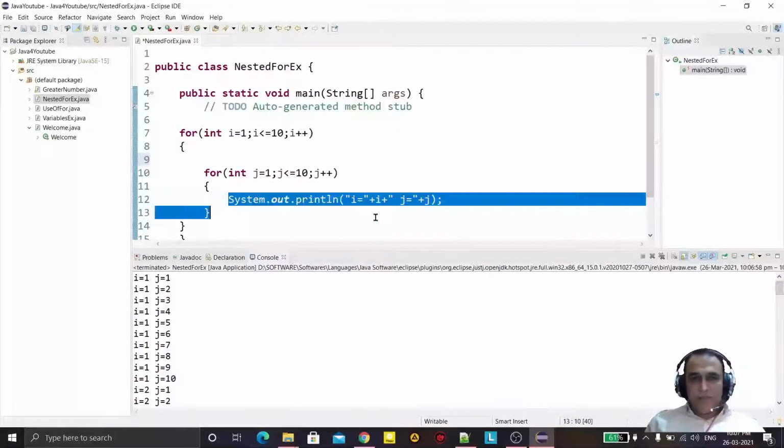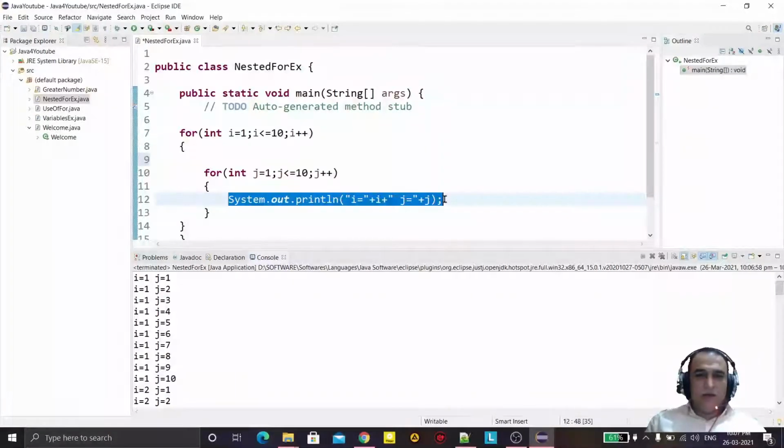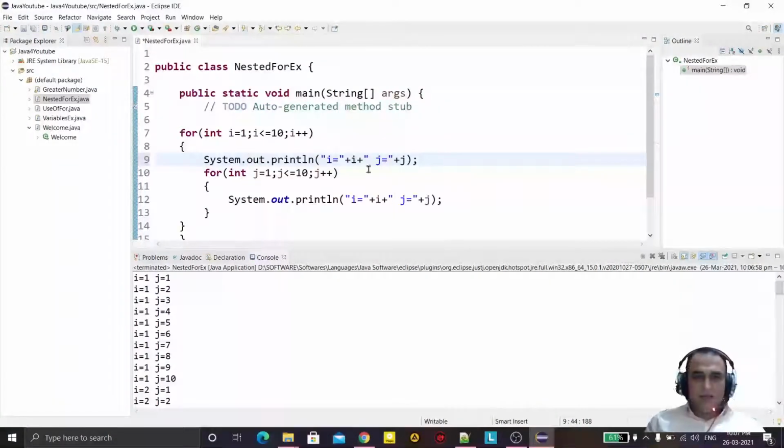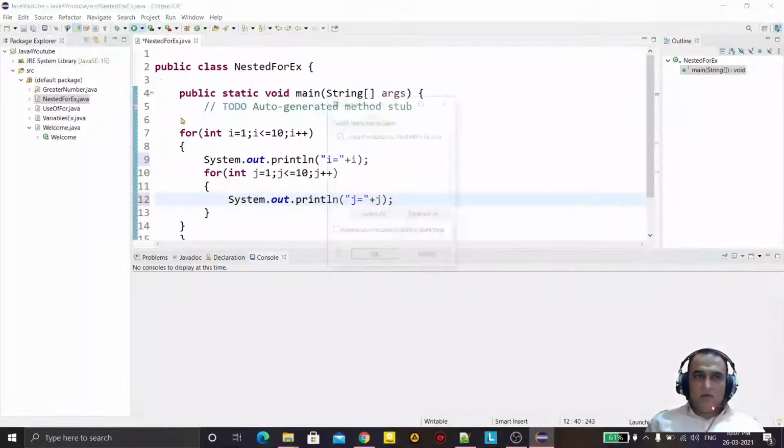I will print i only one time, like this, and I say j equal to like this way.